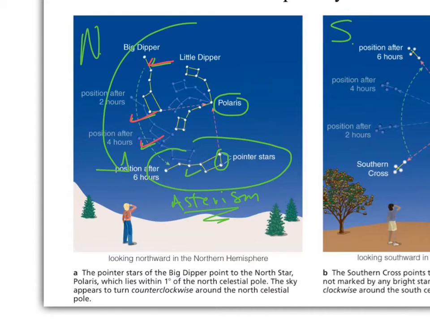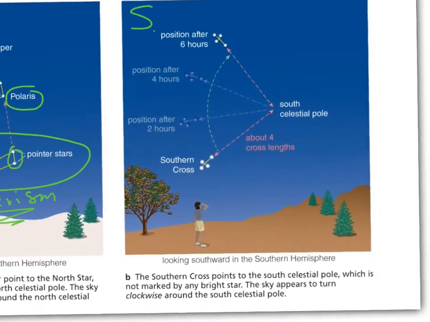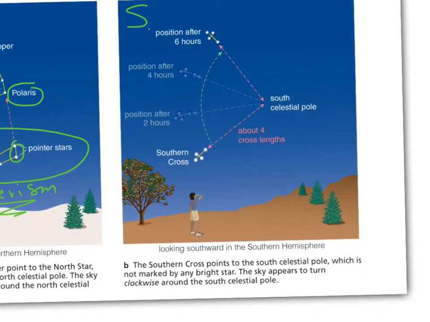Now, in the southern hemisphere, they don't have a pole star, like I was saying, and I couldn't remember how they do this, but this is how they do it. They look for the constellation the Southern Cross, and they basically take how long the cross is times 4 and go towards the center. So it's not nearly as cool as having a star there, but it's not bad. But in the southern hemisphere, notice that the movement is clockwise instead of counterclockwise. So it's the same sort of deal though.